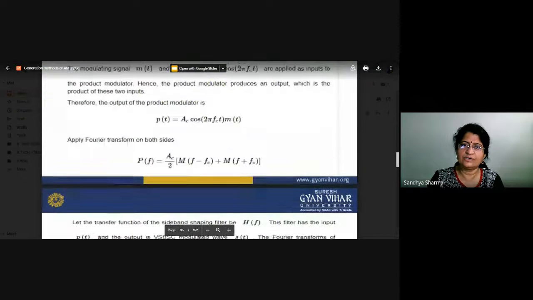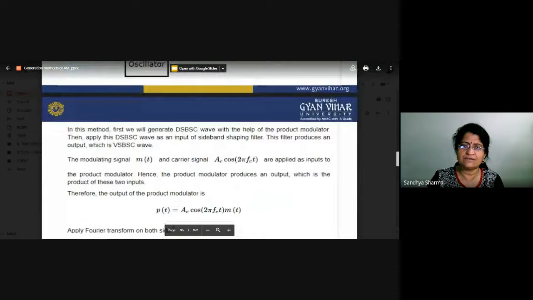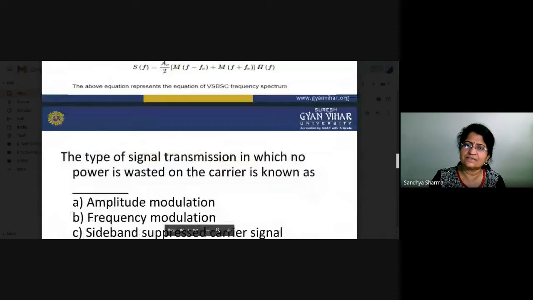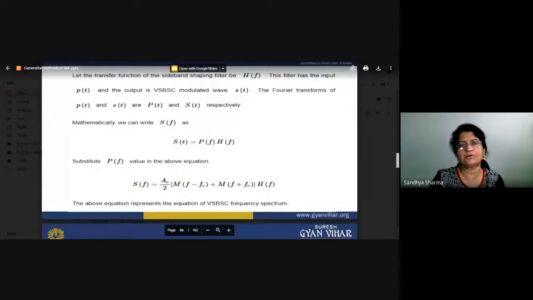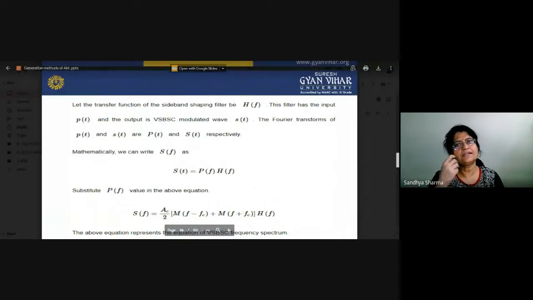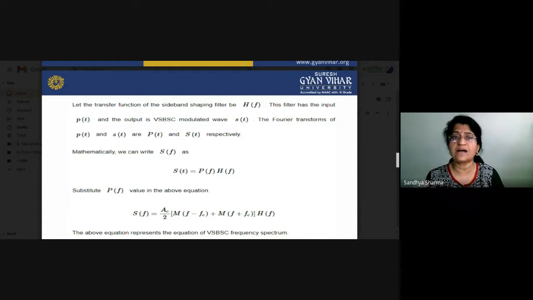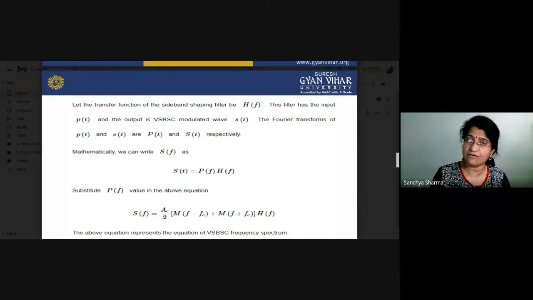That is basically the modulator and demodulator parts. By using that, we will work out. So now, in conclusion, what will happen? First of all, if you are talking about the amplitude modulation system, we have three types of modulation. First, we have done the ordinary modulation, where two sidebands are generated. So what will happen there? We require a bandwidth of 2fm. A large amount of bandwidth will be required for transmitting the signals.